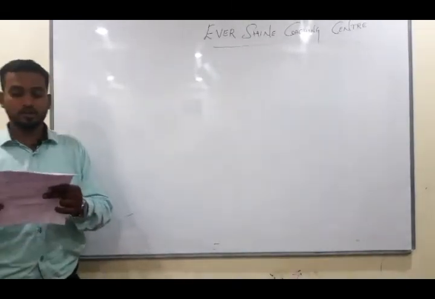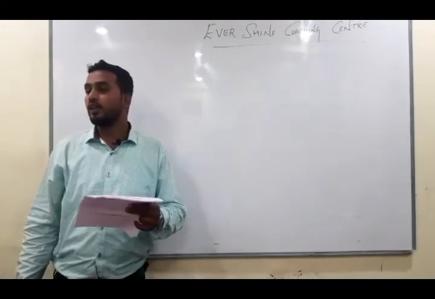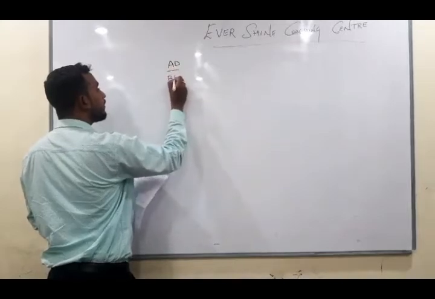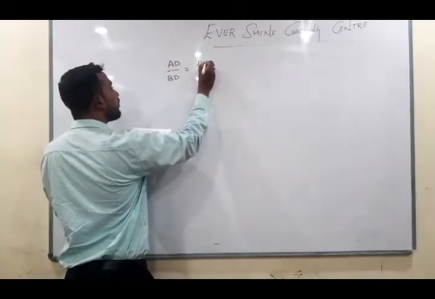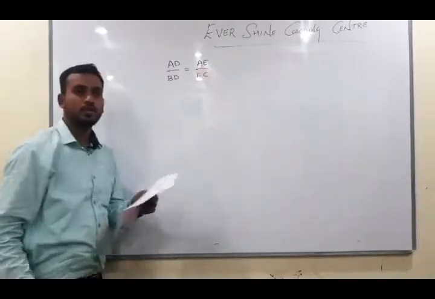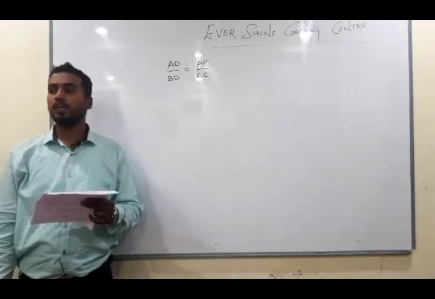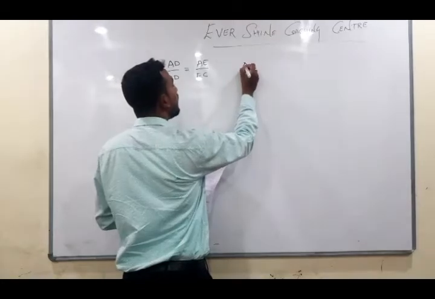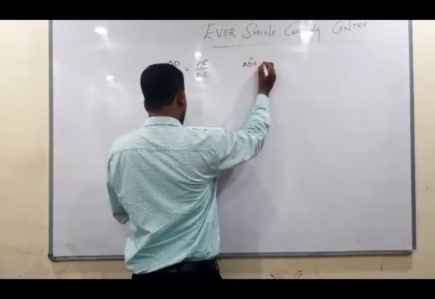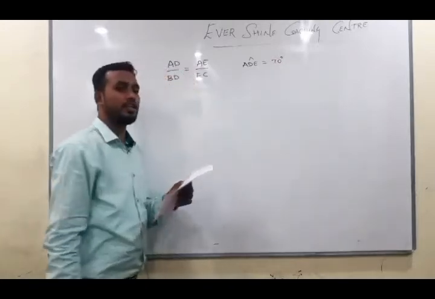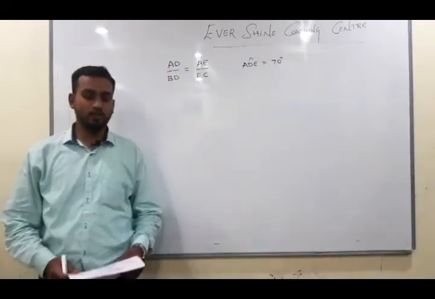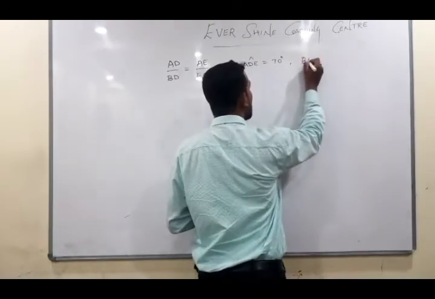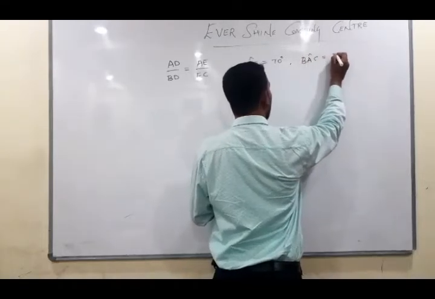See here, in the given figure, AD by BD is equal to AE by EC, and angle ADE is equal to 70 degrees, angle BAC is equal to 50 degrees,